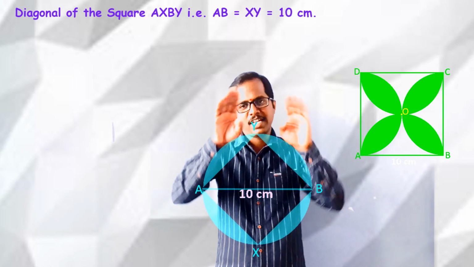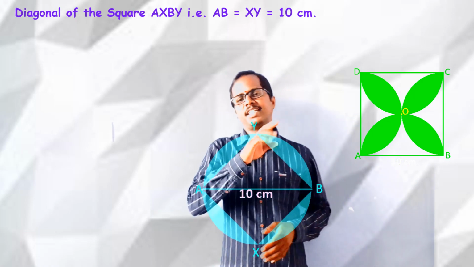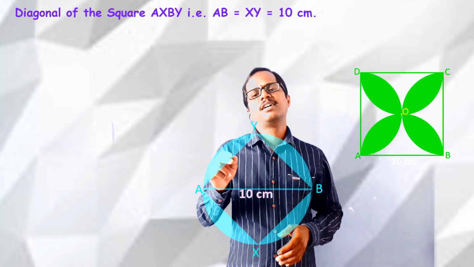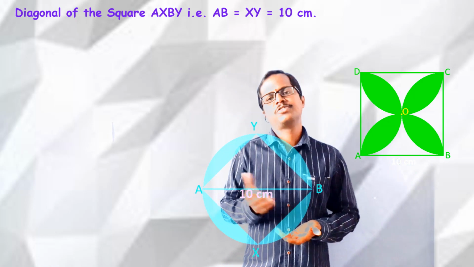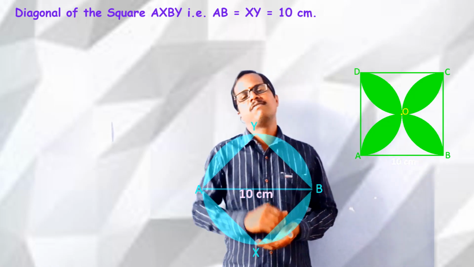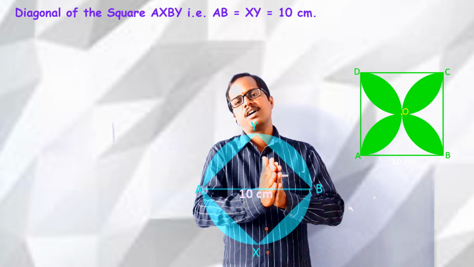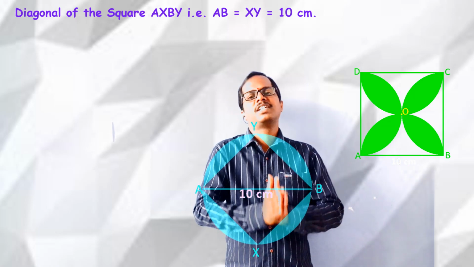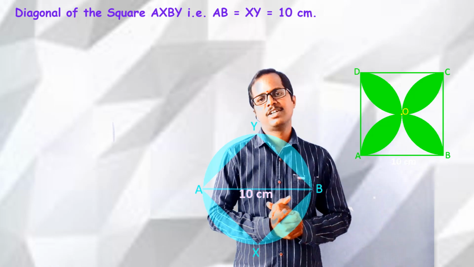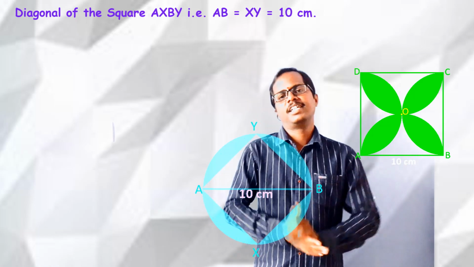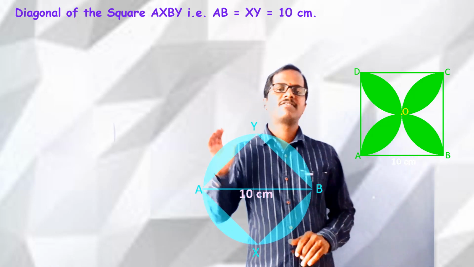We have to find the area of the circle and we have to find the area of the square, and then we need to subtract the area of the square from the area of the circle so that we get the area of the half of the shaded region. So let's do this. Let us first find the area of the square